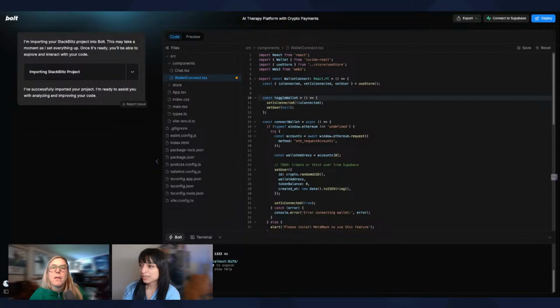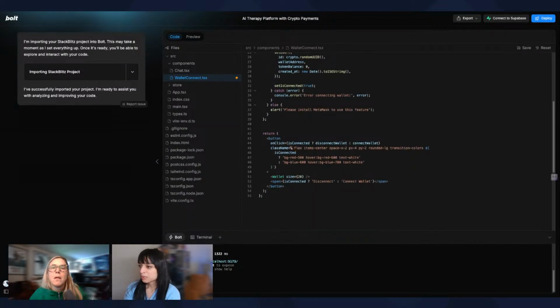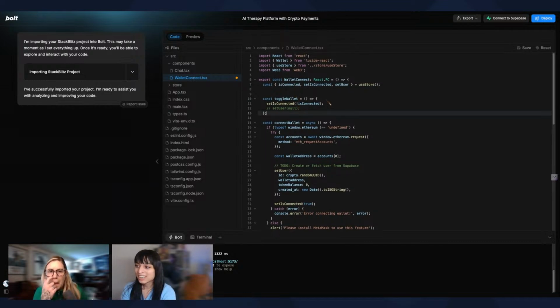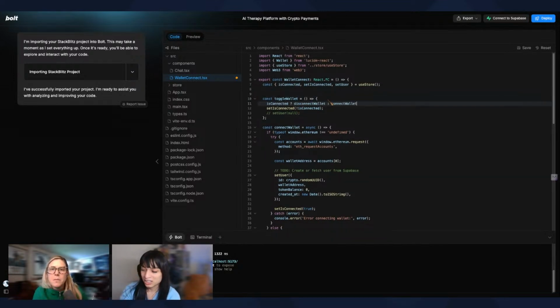And then I'm just going to copy paste that ternary operator we were seeing here, because this is very clumsy to put in the button. Ordinarily with buttons people do something like handle click, but since we know explicitly this is going to be toggle wallet, which is also very useful when there are multiple buttons on the same UI, you want to make sure that you're doing it right.